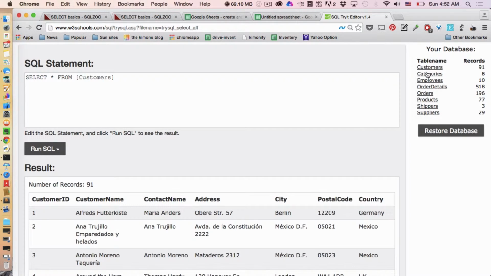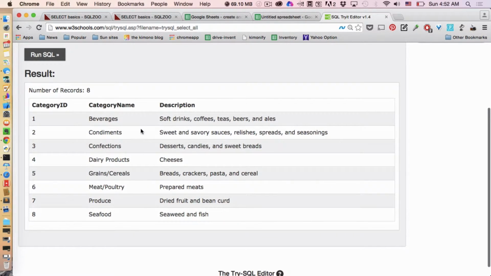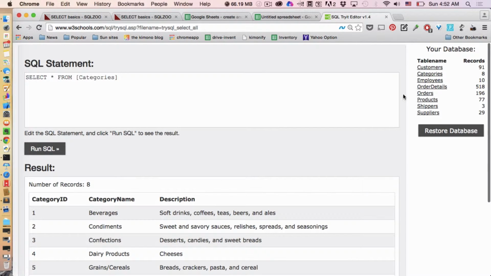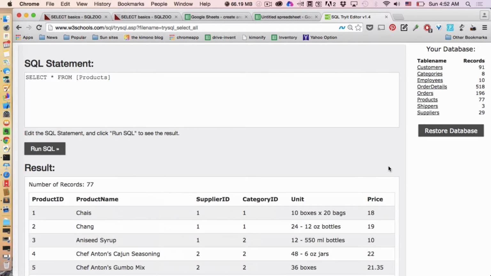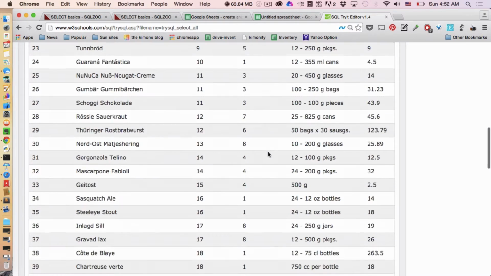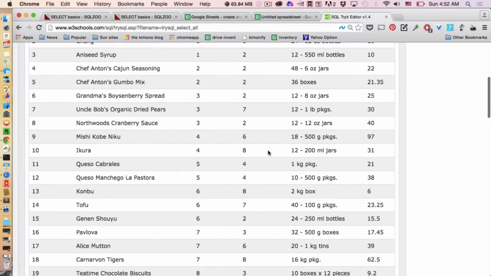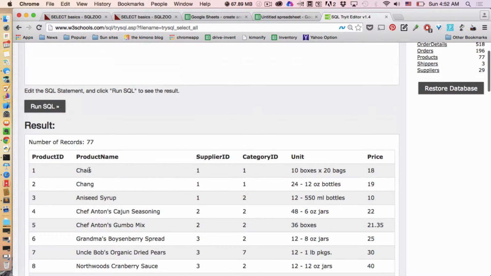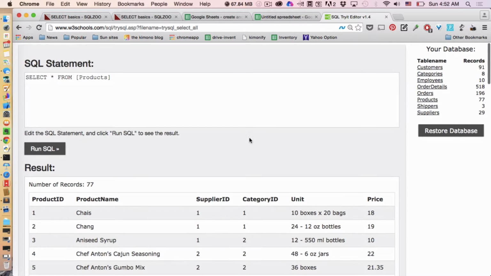So if we look at the categories table, there's really 1 through 8. And now let's look at the product table again. Yeah, we pretty much see 1 through 8. But how do I know what category these items are, like this syrup? I have no idea. I have to click back and forth, click back and forth. And this is when the join